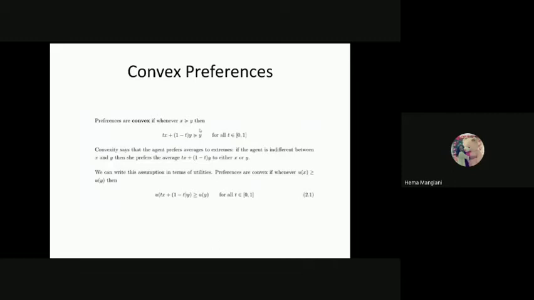Preferences are convex if whenever the utility of x is better than or at least as good as the utility of y, then we can write like this. This is the same notation, only we are putting the change into the utility. This is the change which we are bringing into the utility of x, because your x would automatically be increasing when y would reduce. So your utility of x is increasing, and this is now better than the utility of y, and also at least as good as, because you're talking about a convex set and also the indifference curve.